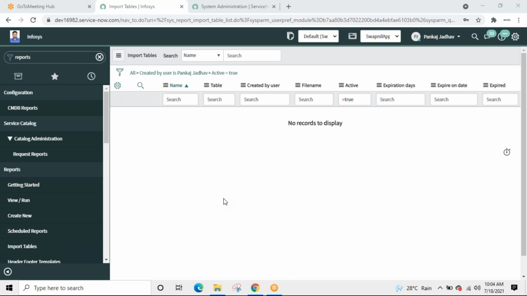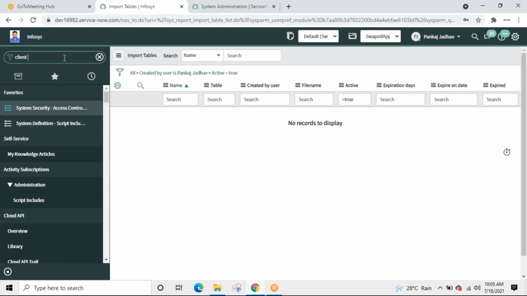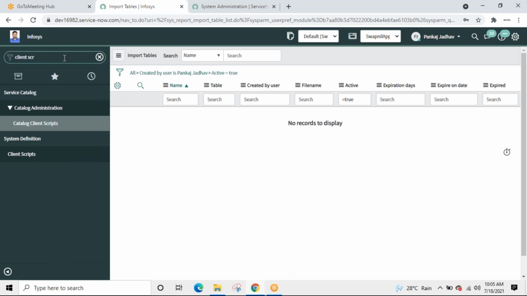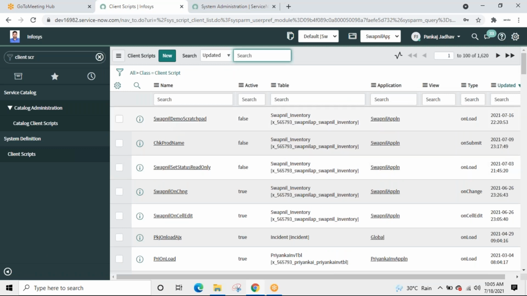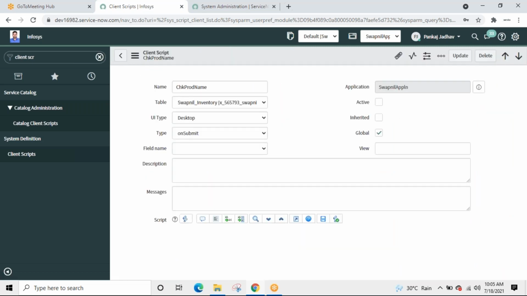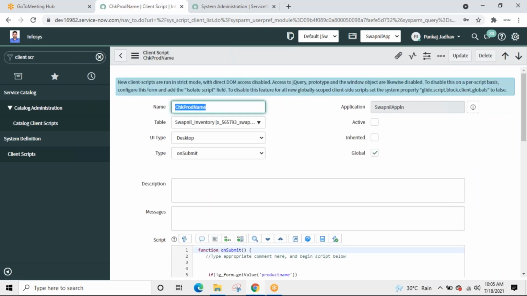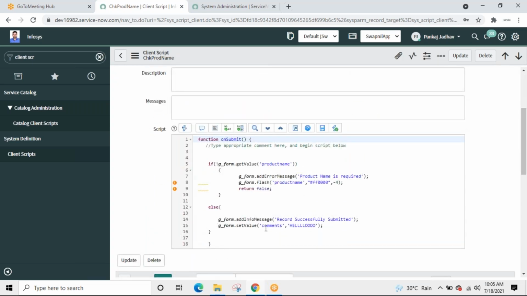Now, going back to the client scripts. We know like anything, a random client script. To achieve anything using a client script, we have to write a script. Without scripting, it won't be possible.